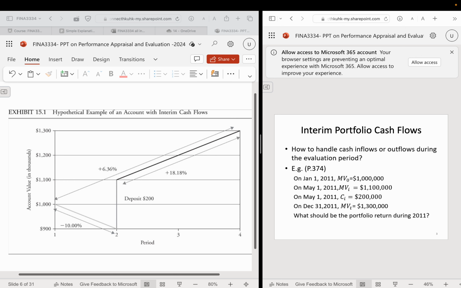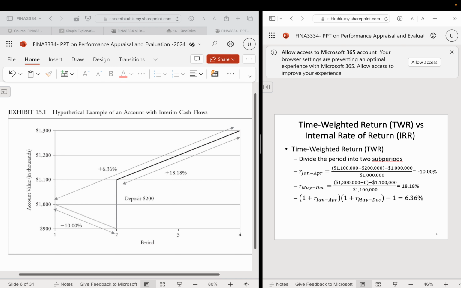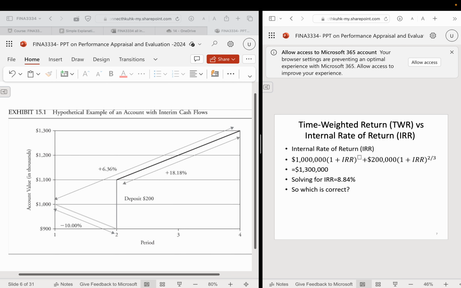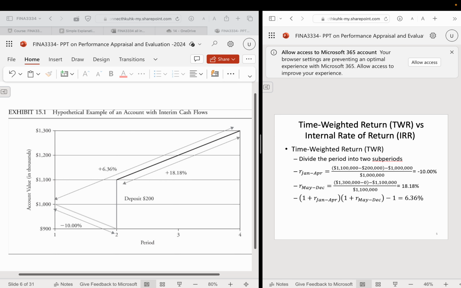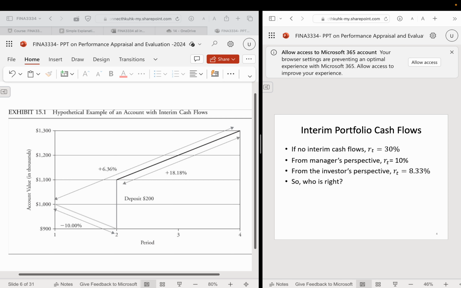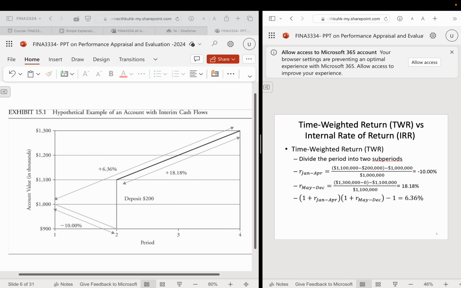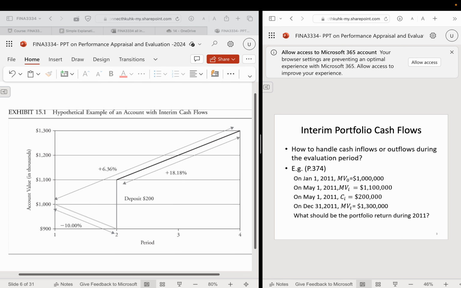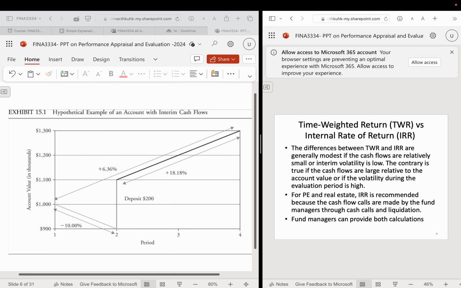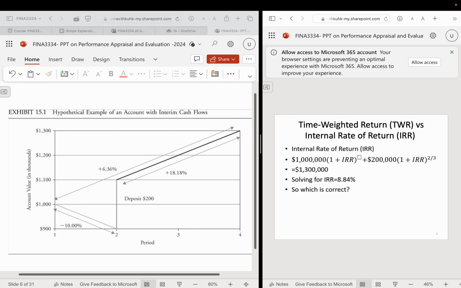Actually, both are right. It depends on your calculation. So that's why you can see the difference. The absolute amount is the same, the cash flow is the same, but the return is different, depending on which method you use. This is not a trick, but this is actually what happens. So in some cases, we will use the IRR to reflect the true picture. In some cases, we will use the time weighted return. So there is no single method if there's a cash flow involved.